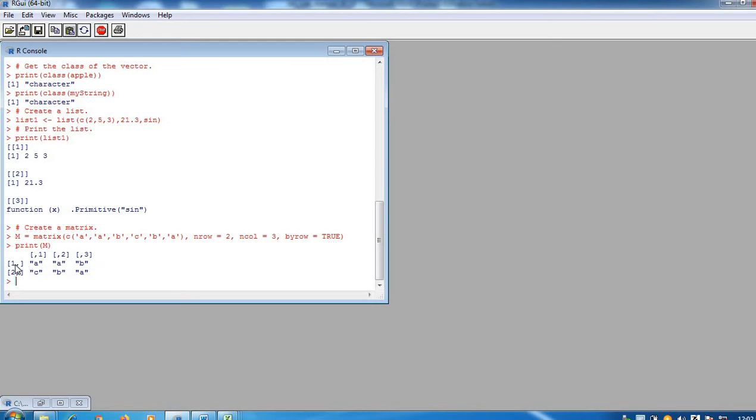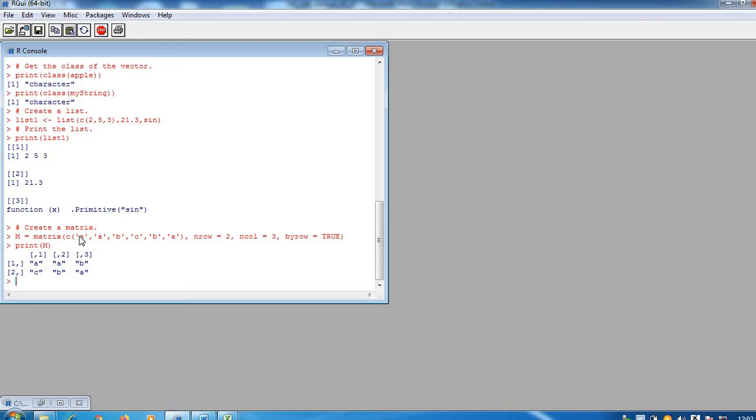Now see here, 1 comma 2 comma, and here comma 1 comma 2 comma 3. So I think you have understood what this means. So first these are the rows, row one, and comma, and there is nothing written, that means all are representing the column values, 3 column values. This is representing 2 comma, so it is representing the second row elements. Similarly here comma 1, so this is representing the first column, second column and third column.